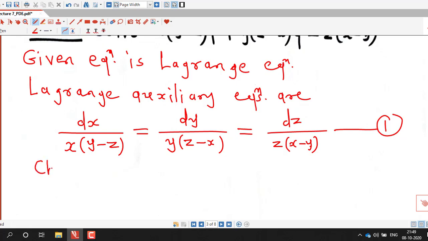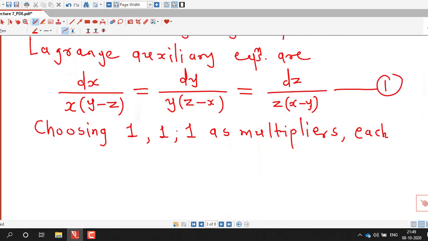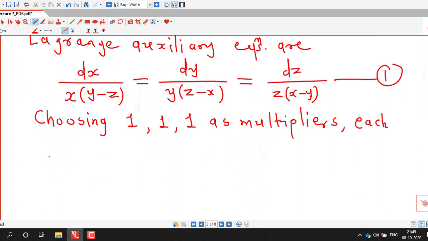Okay, so choosing 1, 1, 1 as multipliers, we will generate a new fraction. So we write in this way, choosing 1, 1, 1 as multipliers, each fraction of 1 equals